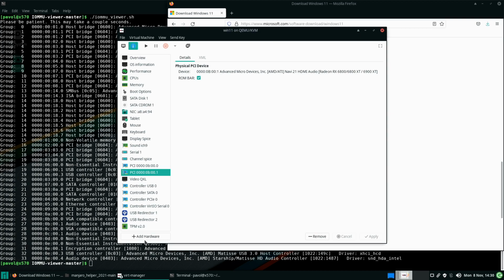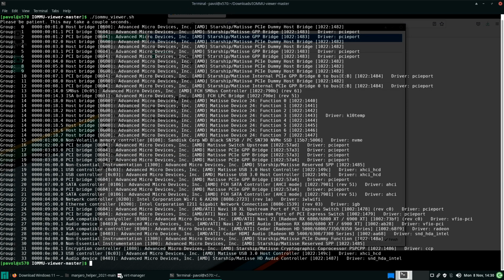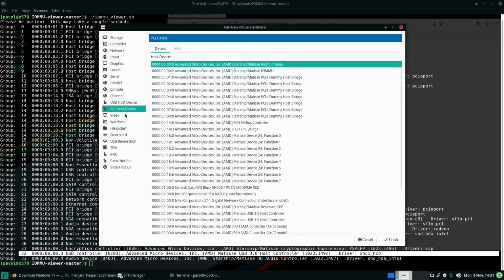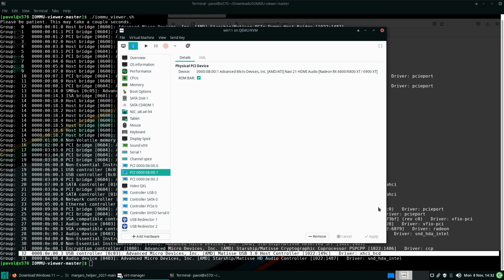either USB devices, like a mouse and keyboard. You can pass them through individually. I would recommend passing through an entire USB controller. That way you can plug in and unplug USB devices, and it gives you more flexibility, and some things work better that way. So in my case, I know this one is sitting in its own group right here. I will use this one, 0E00.3. So PCI host device,